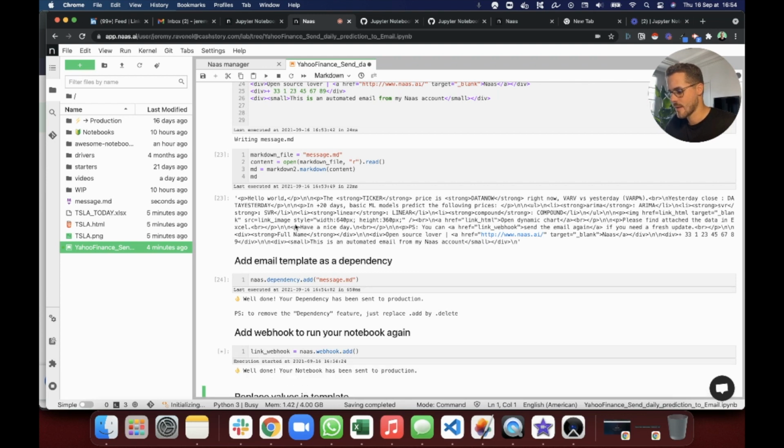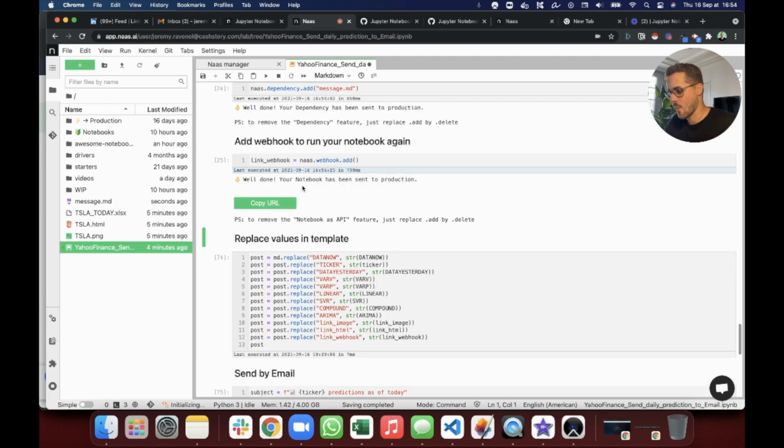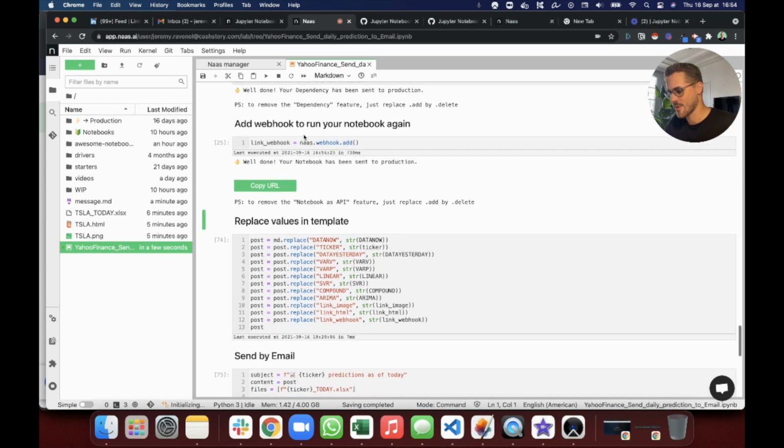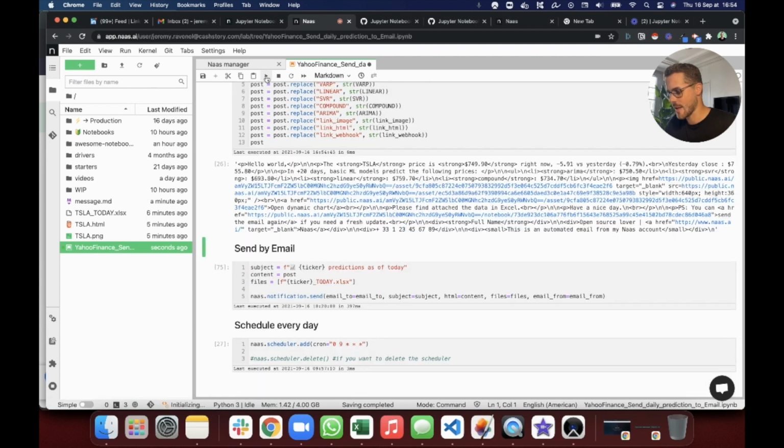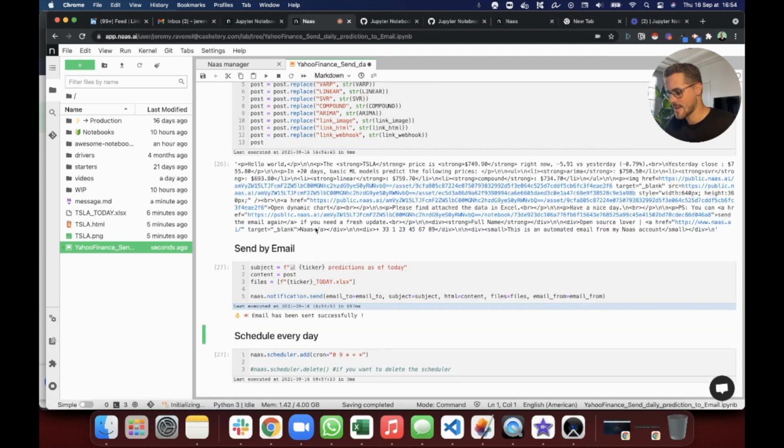So what's next? I'm going to generate a webhook. This webhook will enable me to relaunch the notebook from one link. I'm going to show you how. And then let's replace all those values and generate a proper HTML email that I will send